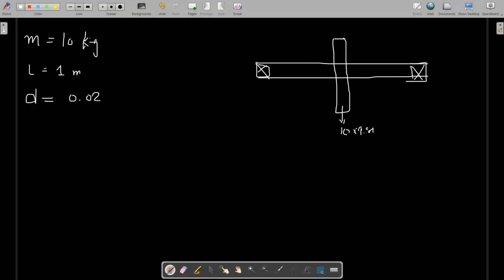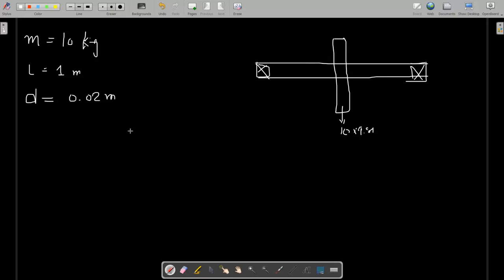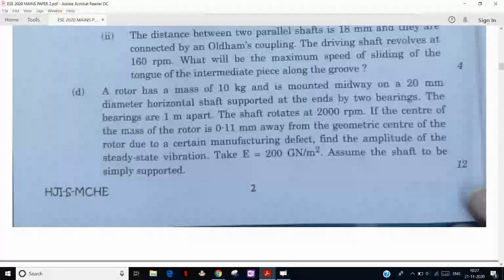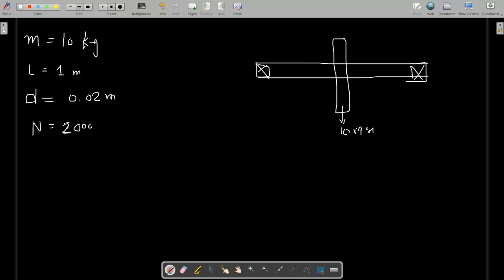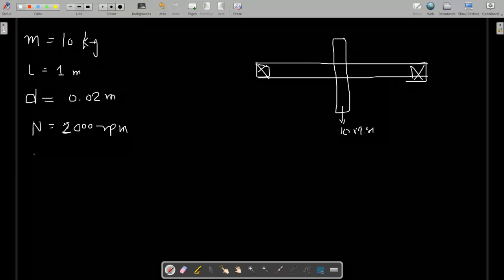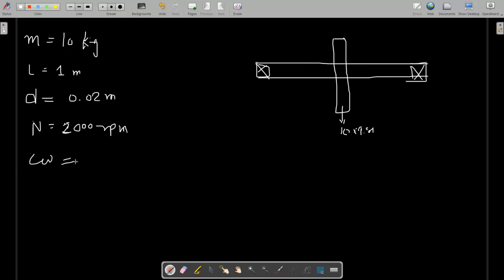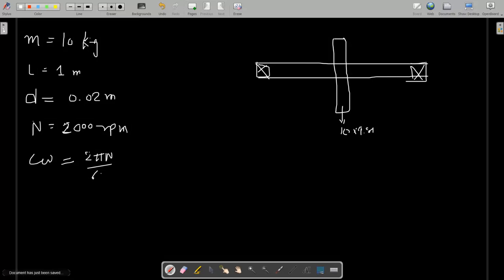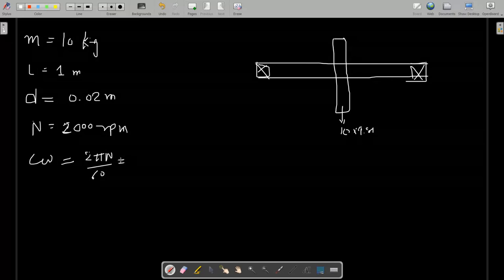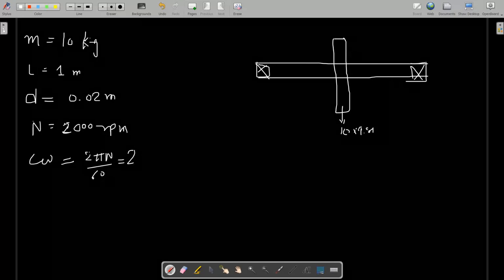Why am I writing all the units in meter? That we will see in the static deflection calculation and natural frequency calculation. Okay, then the shaft is rotated at 2000 rpm. So the rpm is given, 2000 rpm. So now convert it into omega, the running frequency, not the natural frequency, that is 2 pi N by 60. So you will get 209.44